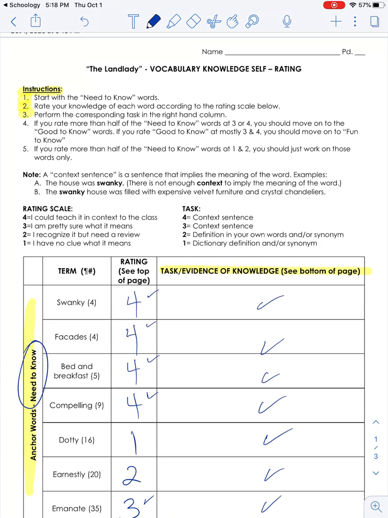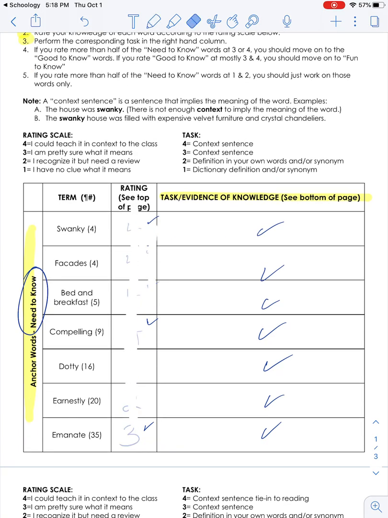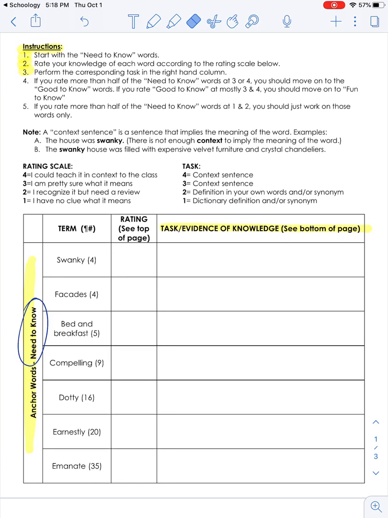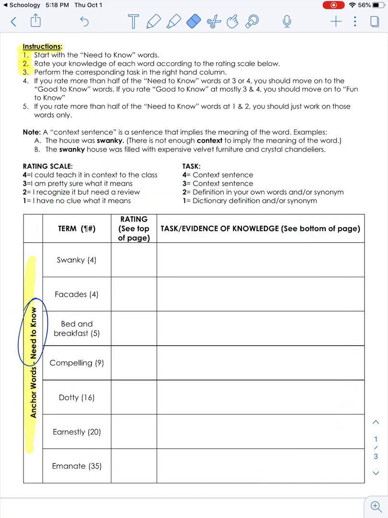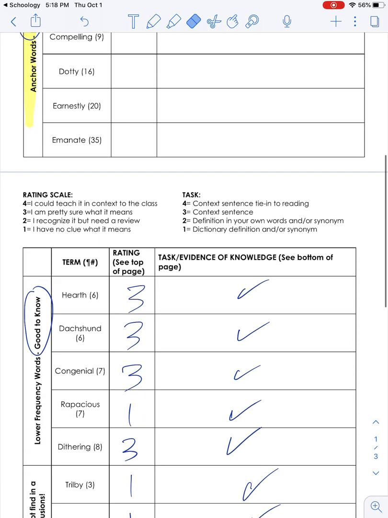So just to reiterate, if your knowledge and understanding in the first section, the need to know words, are 50% or more at 1s and 2s, right, then this is where you get to stay. You get to do your work here and you don't need to move on, because what that means is you are sufficiently challenged by the words in the first tier. And I think a lot of us will find ourselves in that situation, by the way. If, however, you're 50% or more at 3s and 4s, that means you need to move to the next section